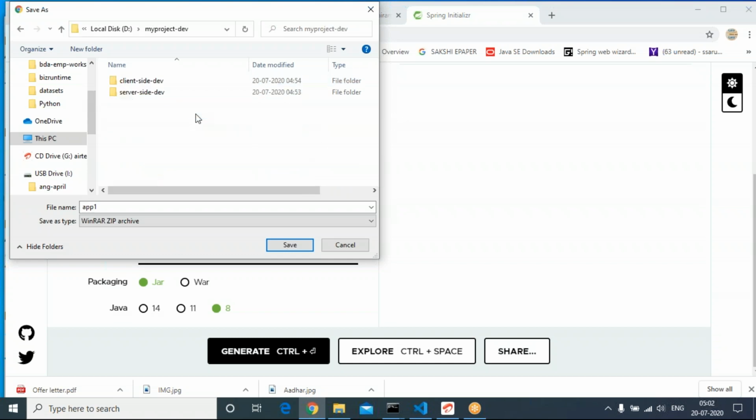My project-dev, server-side development. Go inside. Click on save. Go to the location. Let's choose the location of the folder you already created. Click on save.